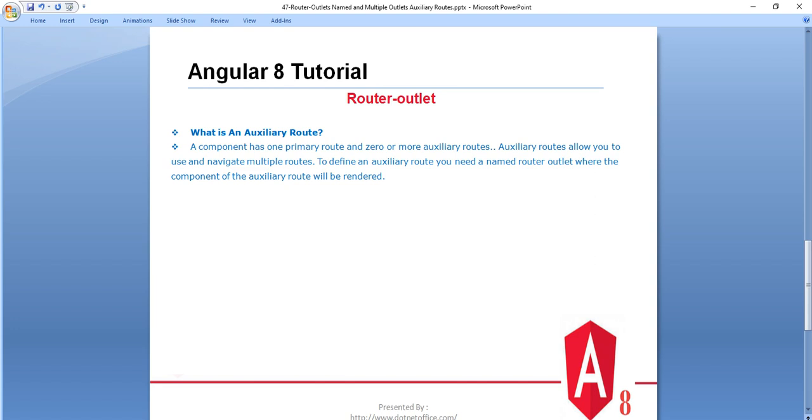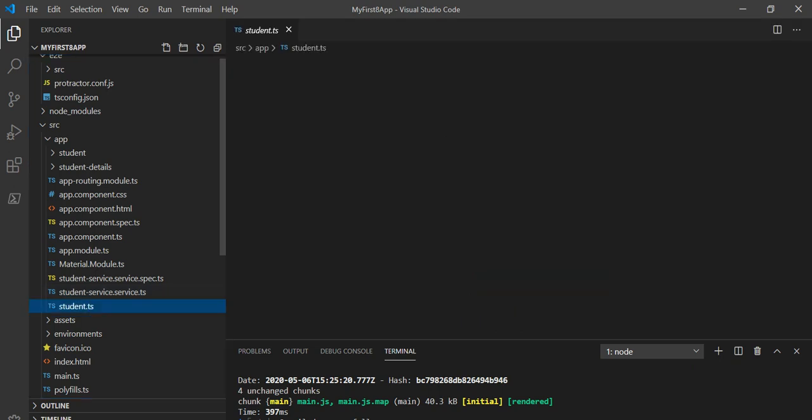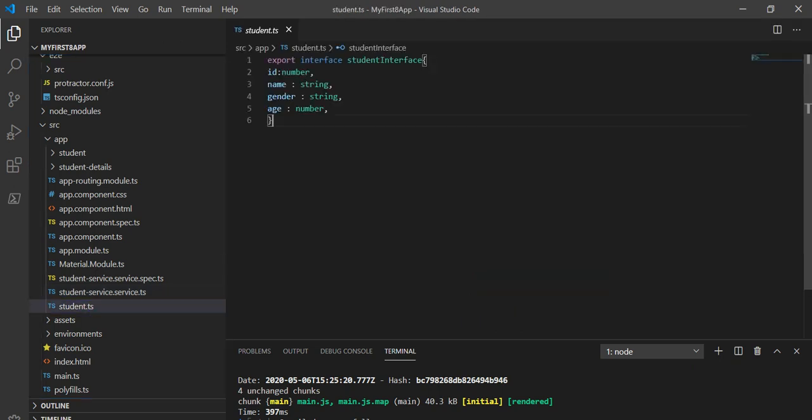Now let's understand this auxiliary route and multiple router outlet using an example. So let's go to Visual Studio Code. As of now, I have created two components: one is the student component and another is the student component. Apart from this I have created a service, a student service, and another TS file which contains the student details like ID, name, gender